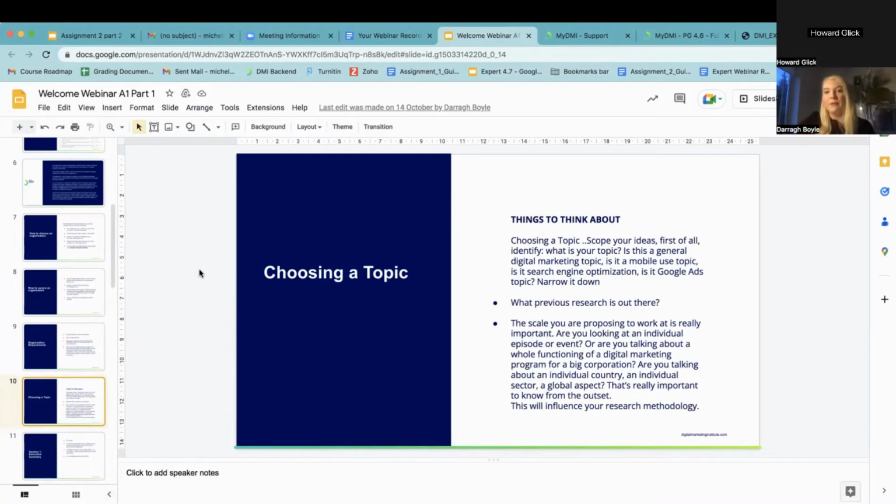areas to start is with the research methodology modules first, which show you how to do good research. So how to choose a topic, how to decide what you're going to research and what you're going to talk about, what outcome you want. So think about it in the sense of your industry. What are you going to look at overall? You need to have a summary and an overview of what your assignment's about.